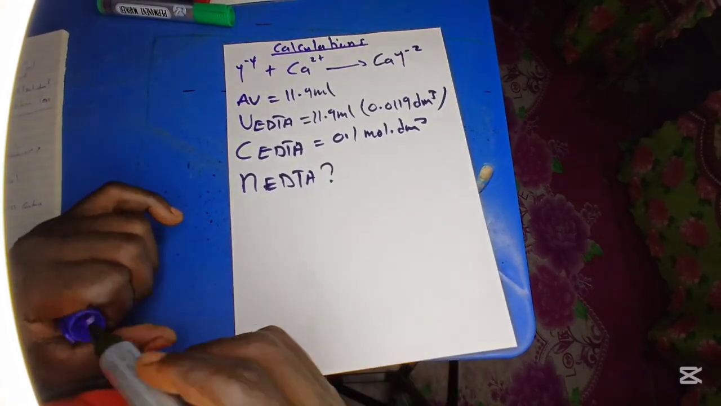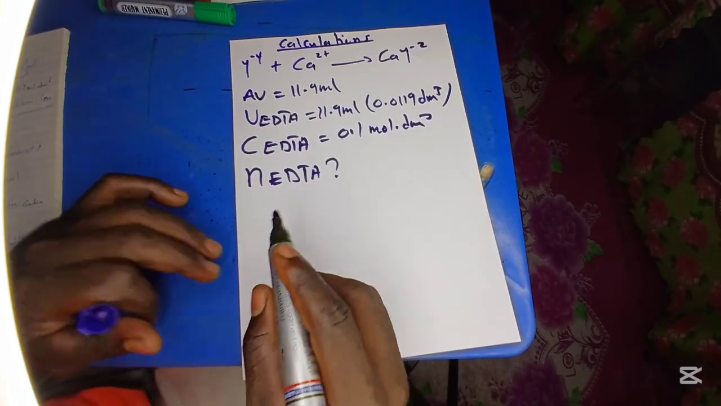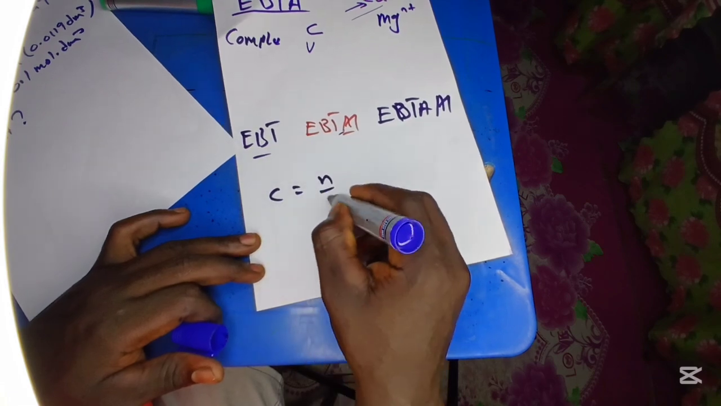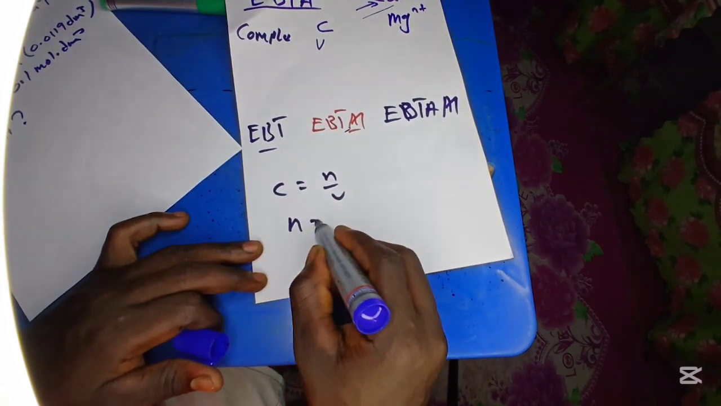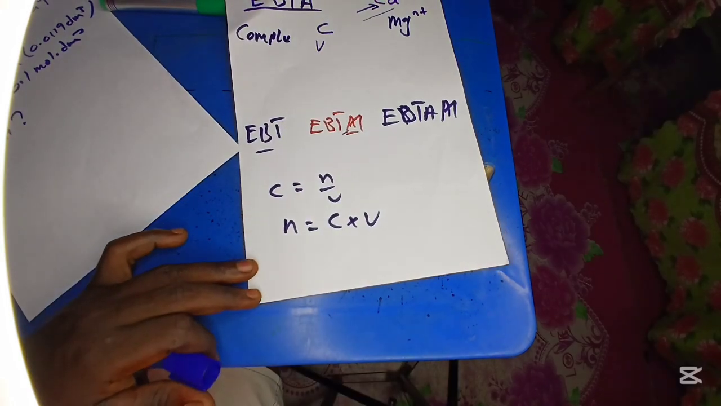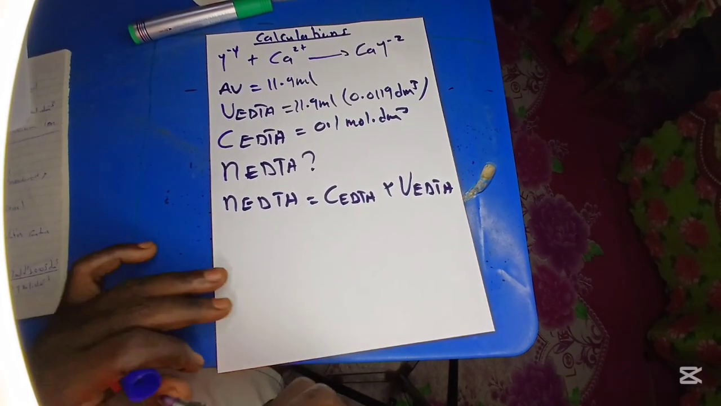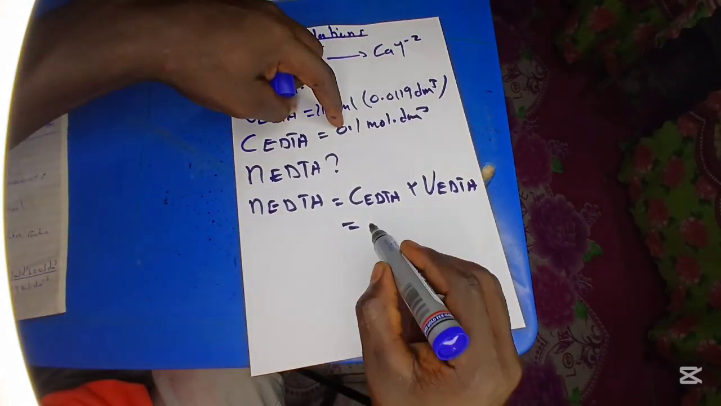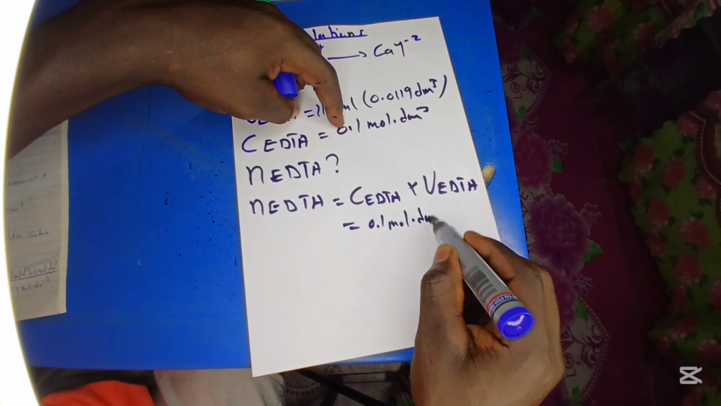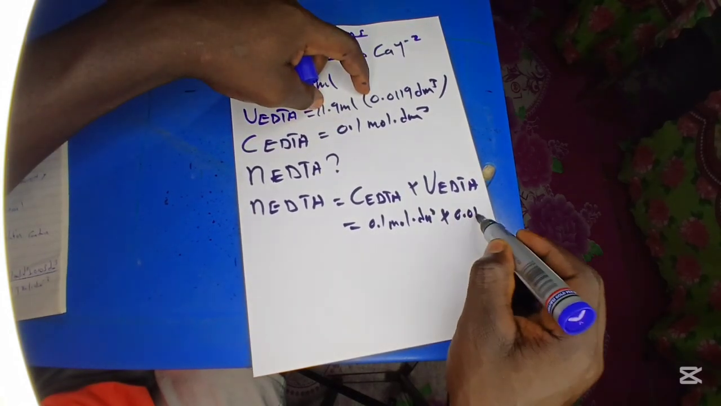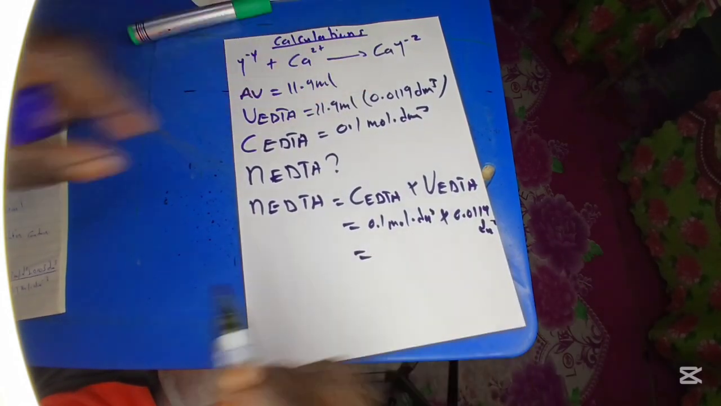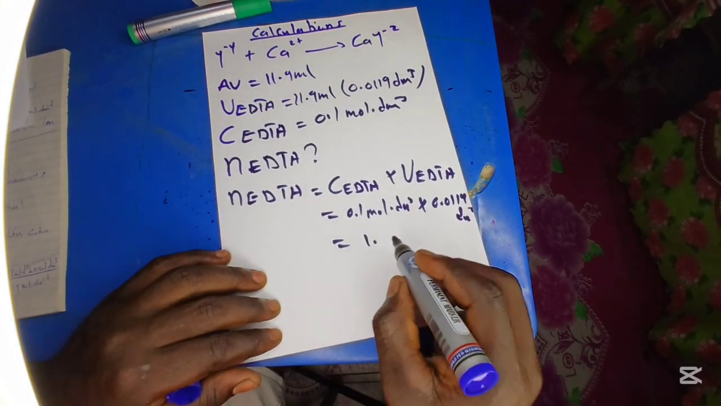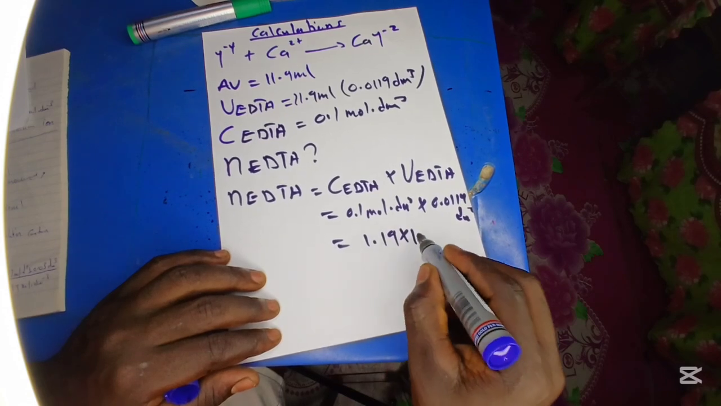So now we are going to calculate the mole of our EDTA. What's the mole of our EDTA? We are going to use this general formula: C equals n over V, and we know that n equals C times V. So our mole of EDTA equals concentration of EDTA multiplied by volume of EDTA. We know the concentration of our EDTA to be 0.1 mole per dm³, multiplied by 0.0119 dm³. If you punch this on your calculator, you are going to get 1.19 × 10^-3